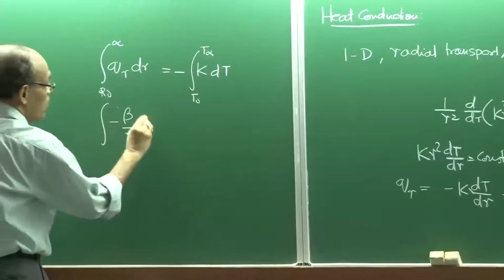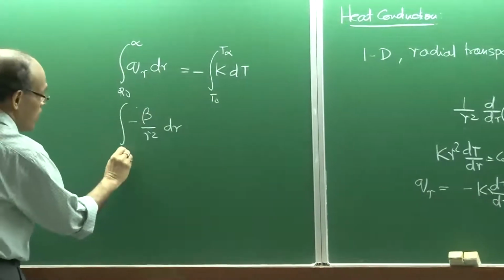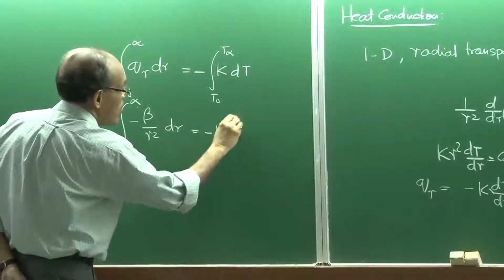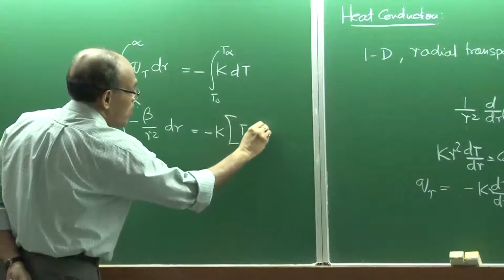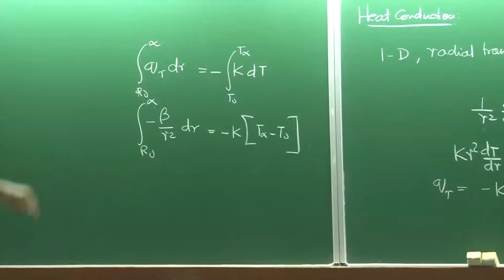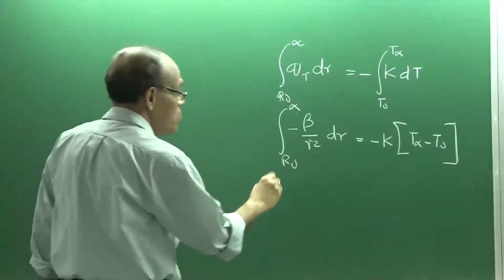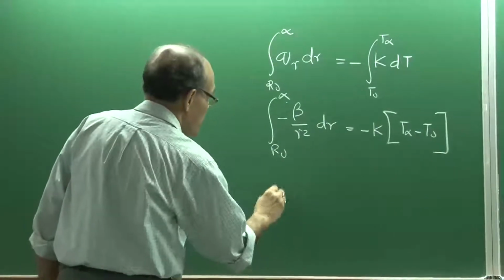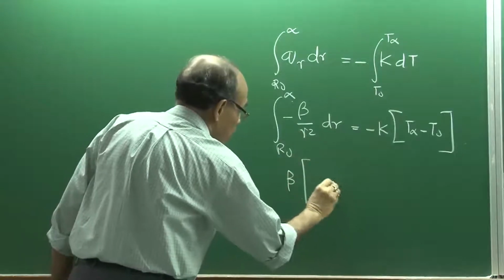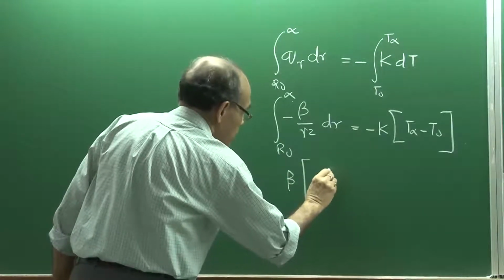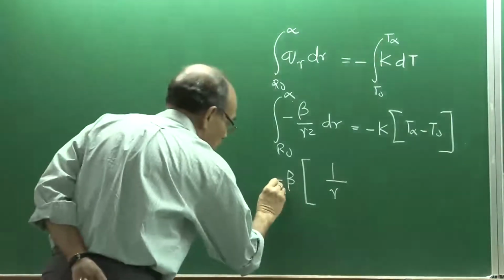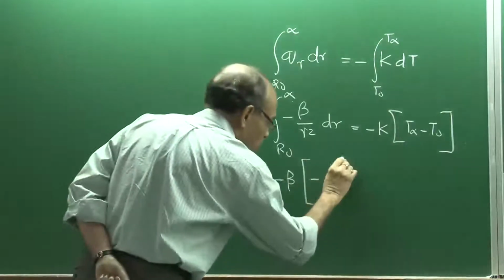and this can be integrated between the limits r0 to infinity, which is equal to, this is going to be minus k into T infinity minus T0. Straightforward integration. So, absolutely no problem, and here we can see that if you take out beta, then this integral is itself going to be minus. So, it is going to be basically, if you take the minus beta out, then this integral is going to be like this,